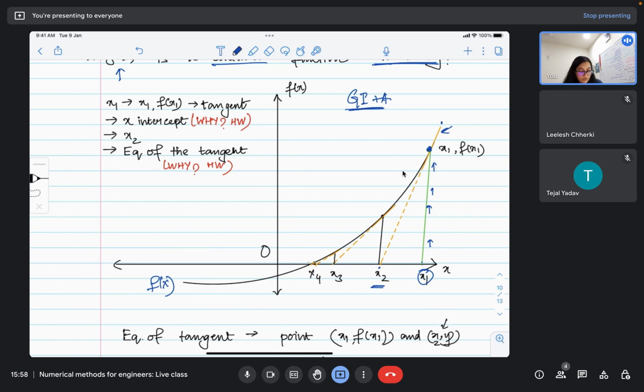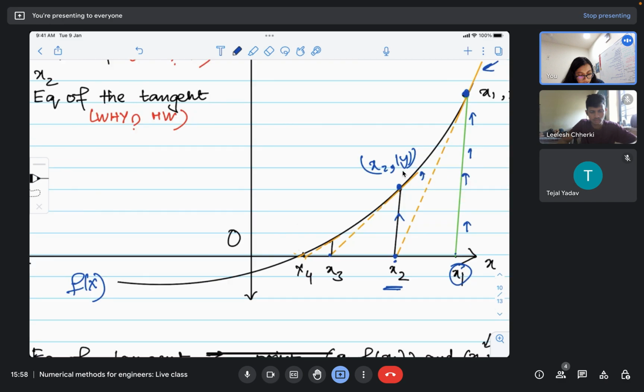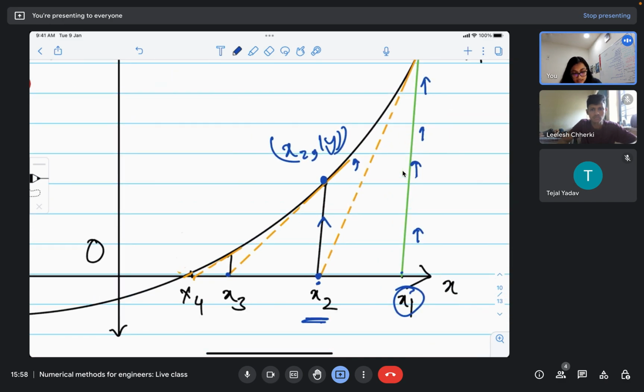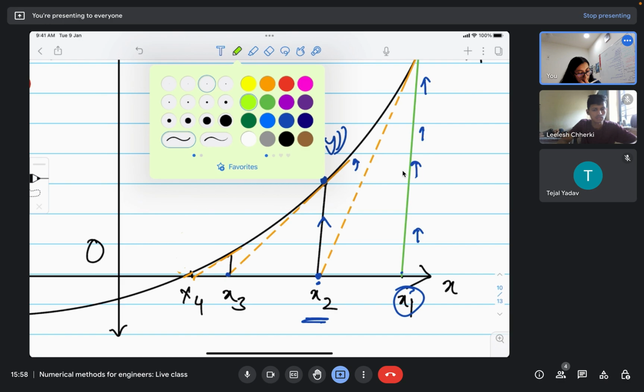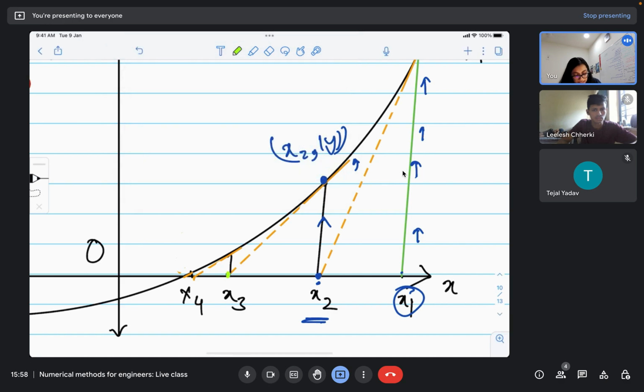Okay. From x2, again what we will do is we will go and cut the curve wherever it intersects, whichever point whose x coordinate is x2 and the y coordinate is something. I'm not writing that. Okay. Again at that point, what we will do is we will take this tangent and again cut at the x-axis. Once we reach at this point, I will zoom in here. Once we reach again at this point, I will take another color. Okay. Once we reach again at this point, we'll again go and cut wherever it intersects,